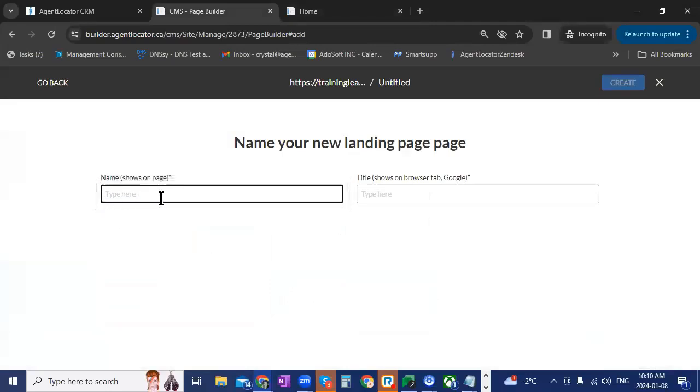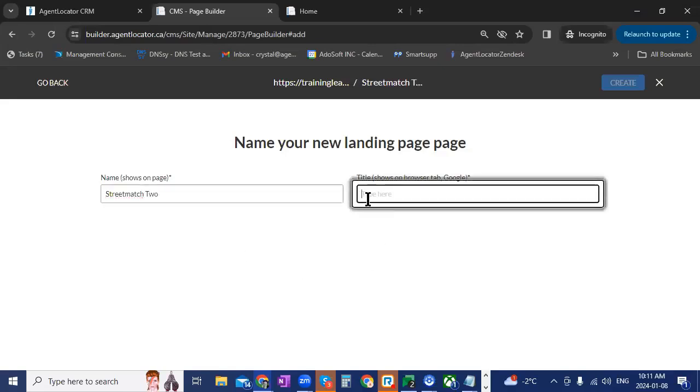The name is what shows on the page. The title is what shows on the tab up here. I'm just going to call this Street Match 2, just because I'm not sure if there was one that might be hidden right now. We don't want it to interfere with the URLs. And then we can show the tab on Google. I'm just going to call this one neighbors, just so you guys can see. So when we create that,